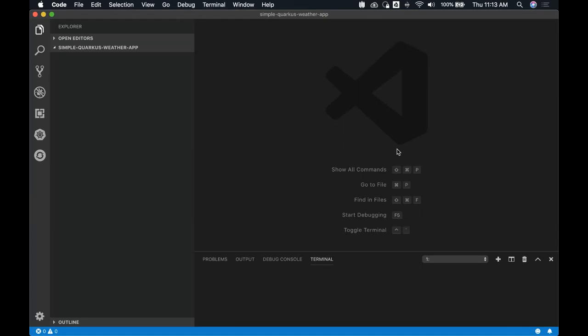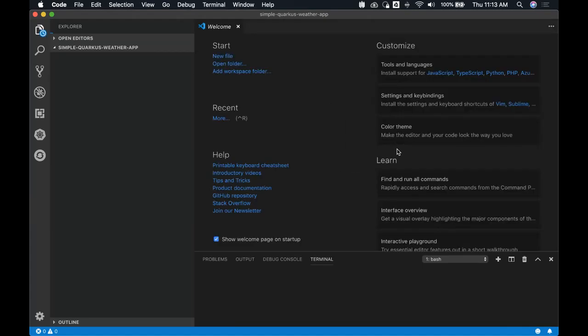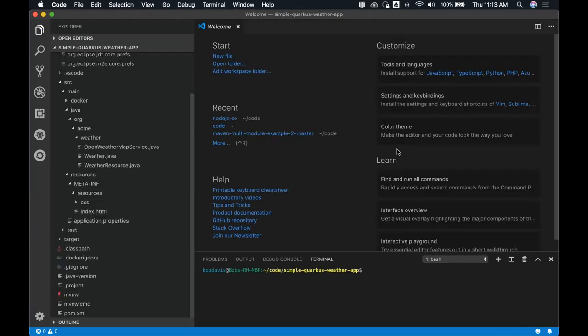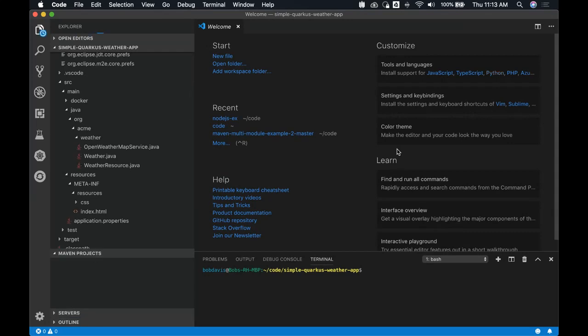It'll come up here in just a second. One of the things that I like about VS Code is how simple it is to use. You saw in the command line, I navigated to where my source code is. I just type code dot, and it brings it up right where I want it to be.